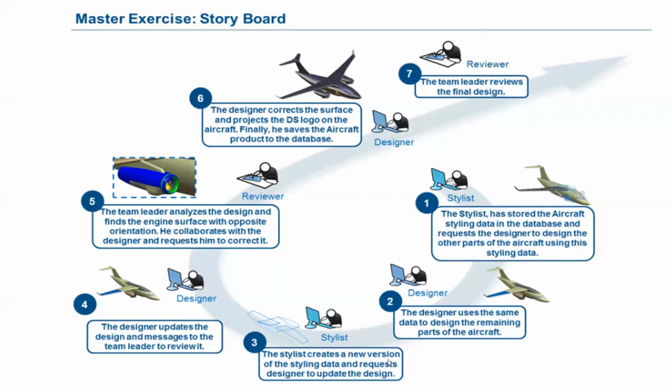After getting that update from the stylist, the designer will process the data given by the stylist and generate the surfaces with respect to the stylist's requirements. Once the design is complete, he will give the data to the reviewer. The reviewer will check both the stylist data and the surface data generated by the designer. Once everything is perfect, he will give the correct data to the team leaders. The final decision will be forwarded to the team leader and the process will go on.